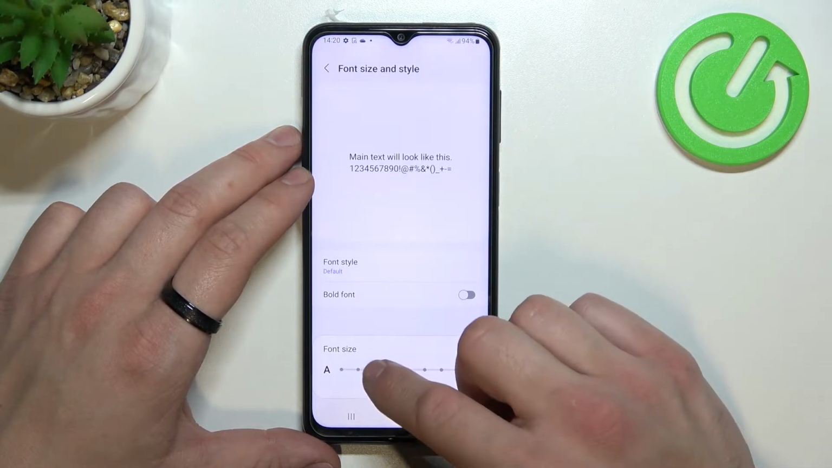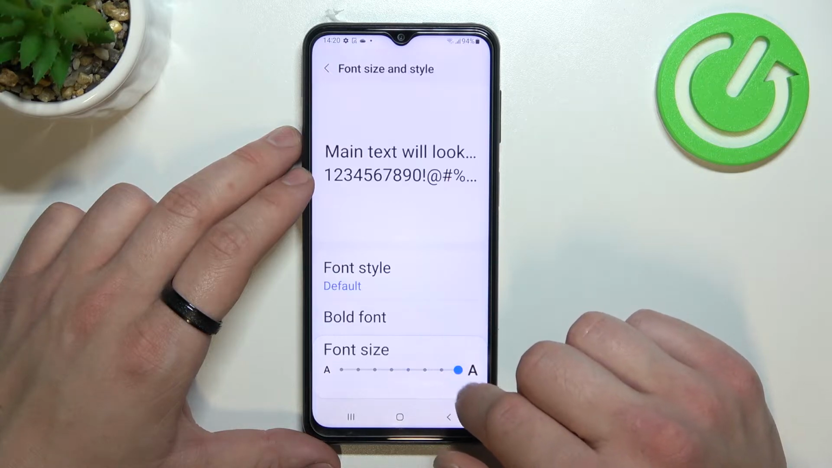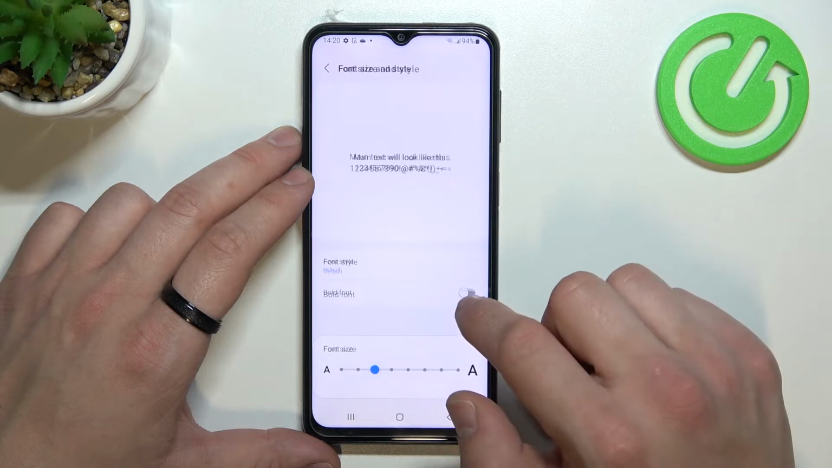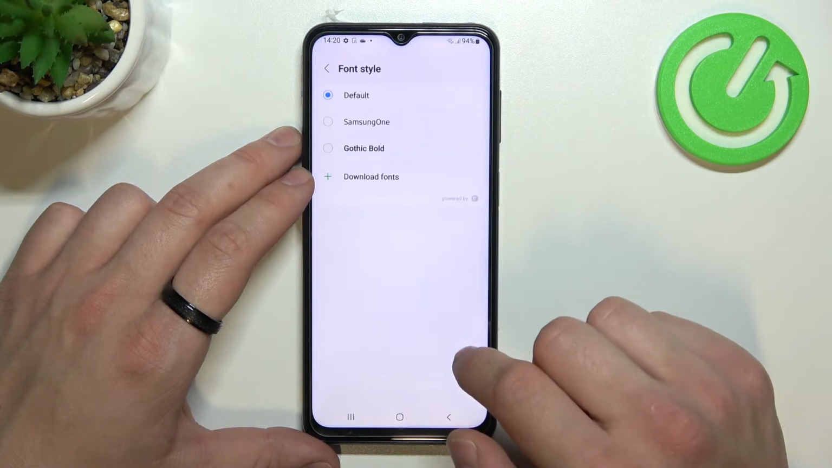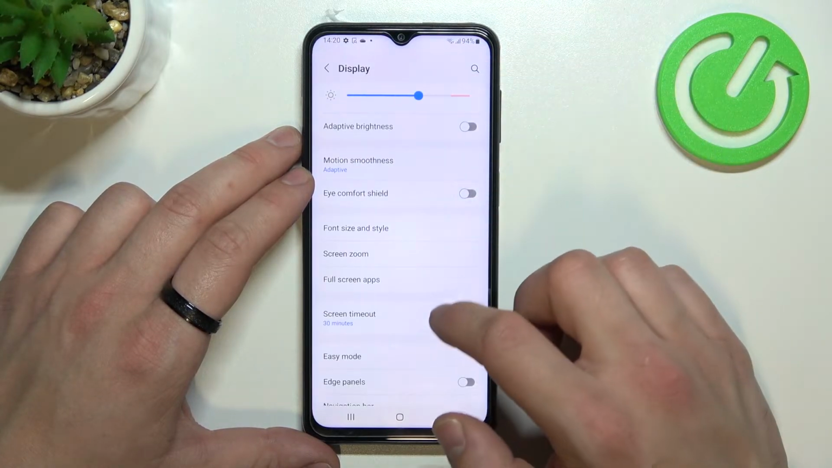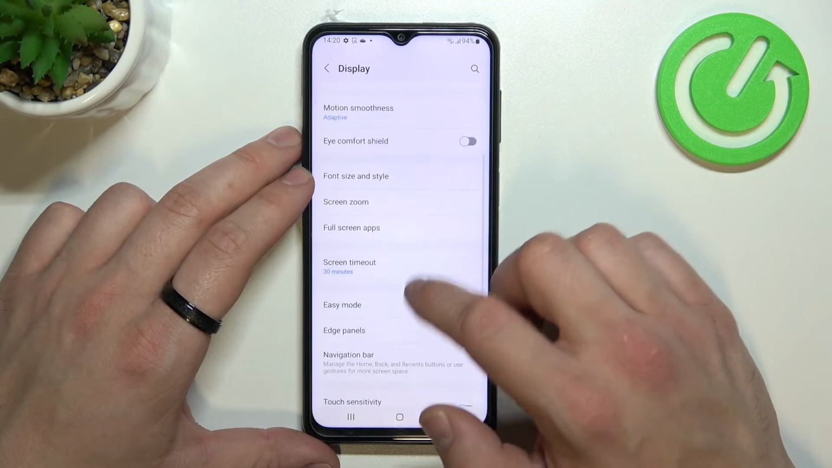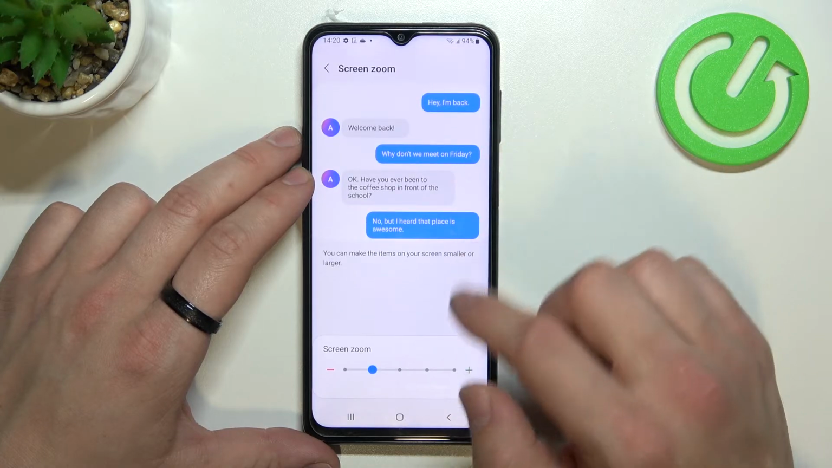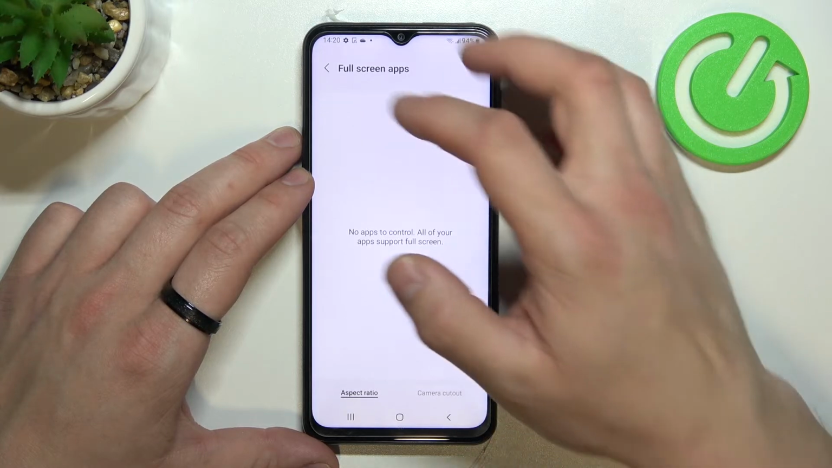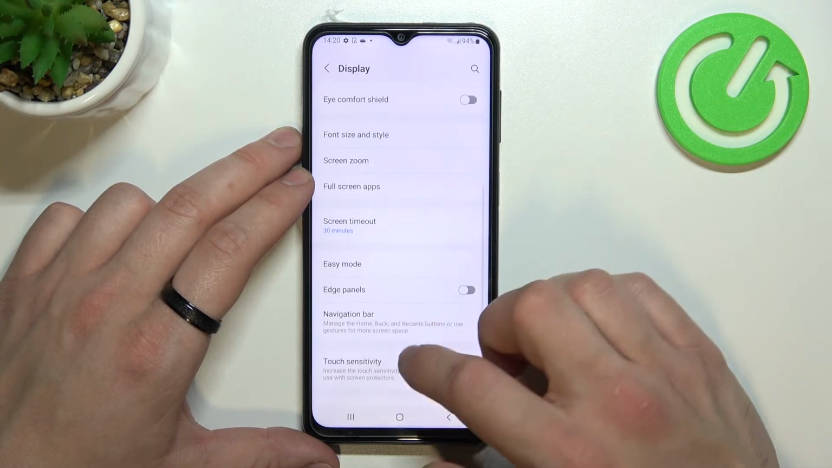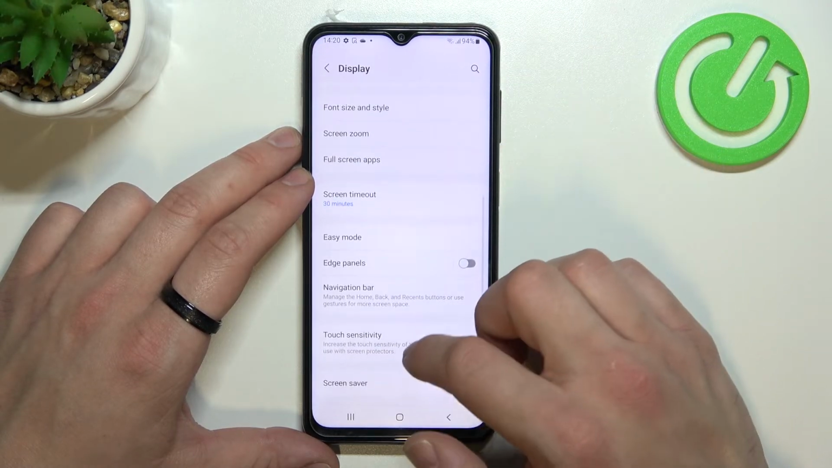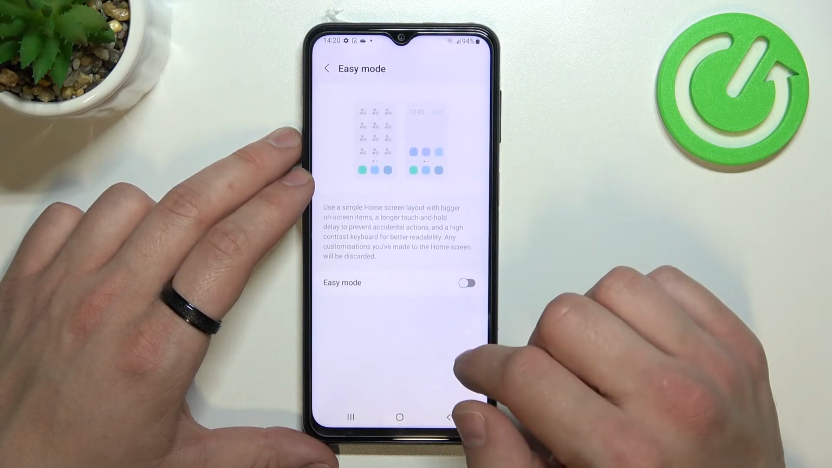change font size and style, adjust screen zoom, manage full screen apps, change screen timeout between 15 seconds and 30 minutes, enable or disable easy mode,